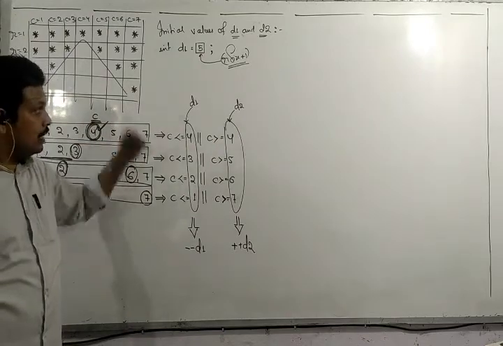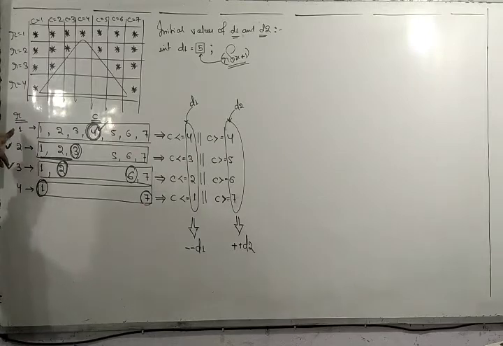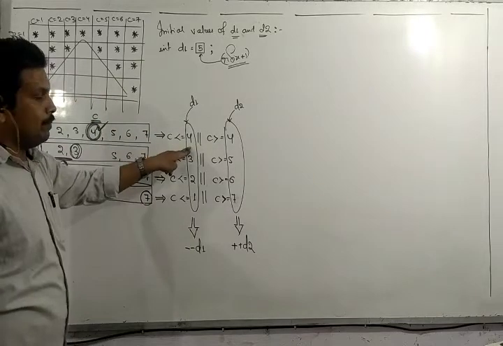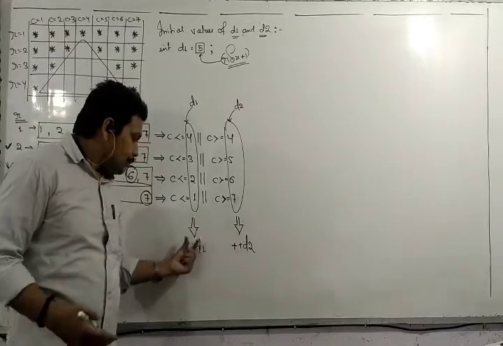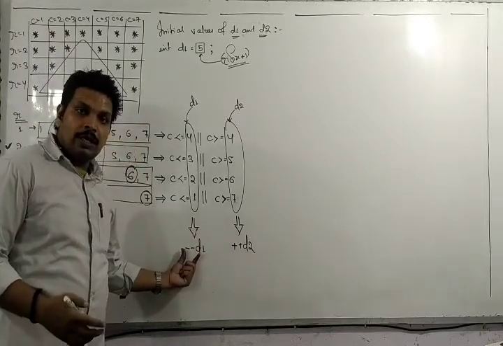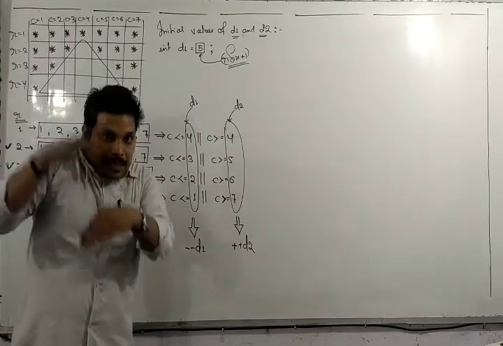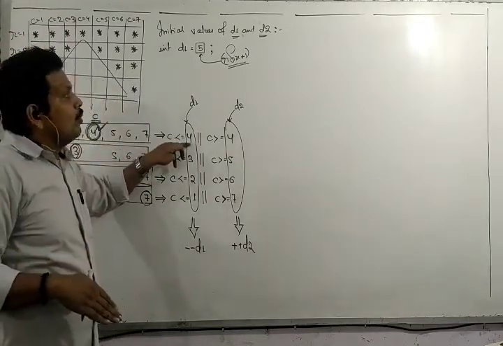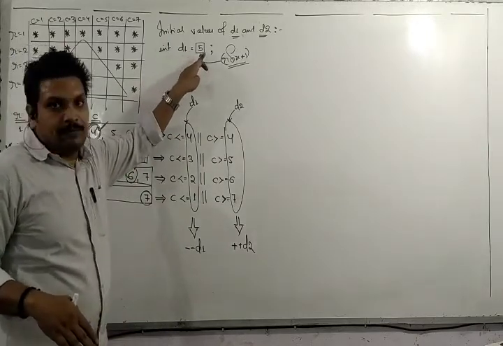Why? Because after reduction it should become 4 at the very first instance. I mean when r is equal to 1, d1 should be 4. And just after the outer for loop we will write minus d1. So there should be some initial value for d1, so that when it gets decremented it should become 4. That is why I have chosen here the value of d1 to be 5.